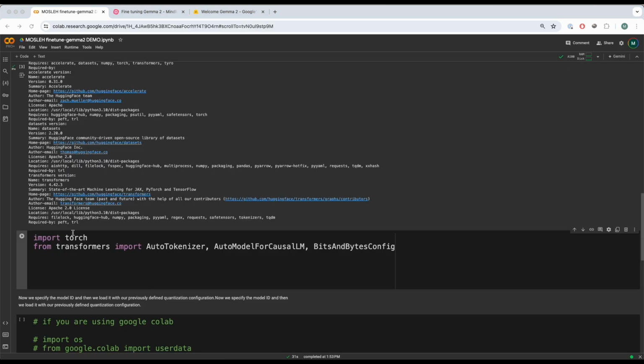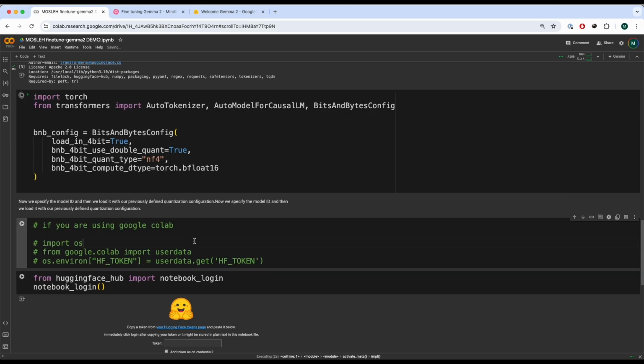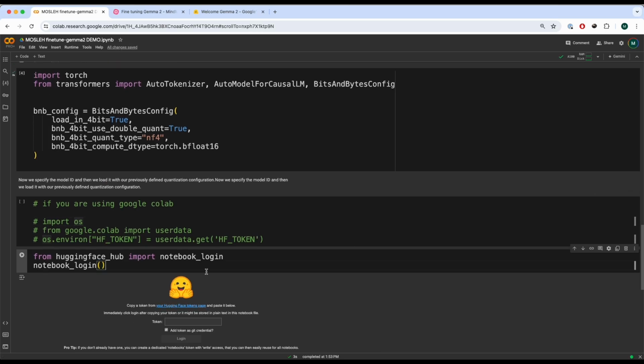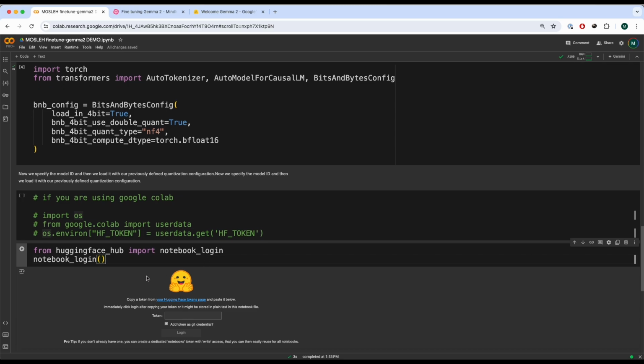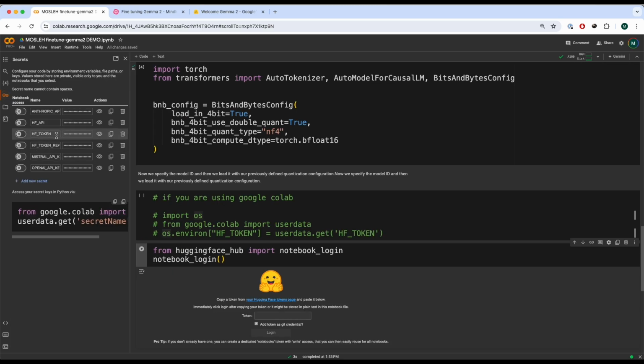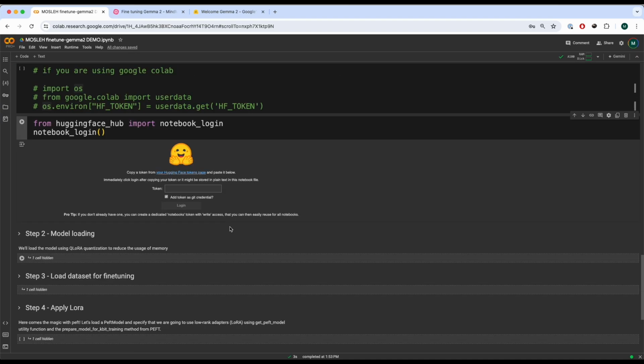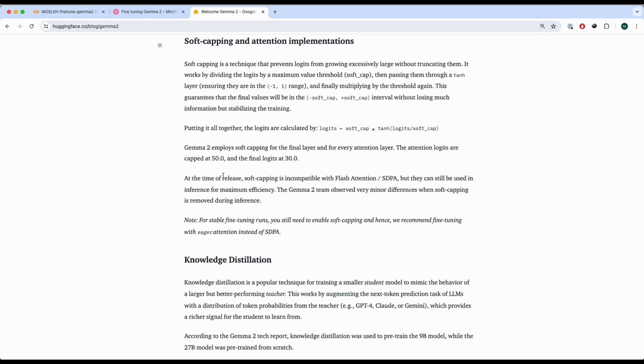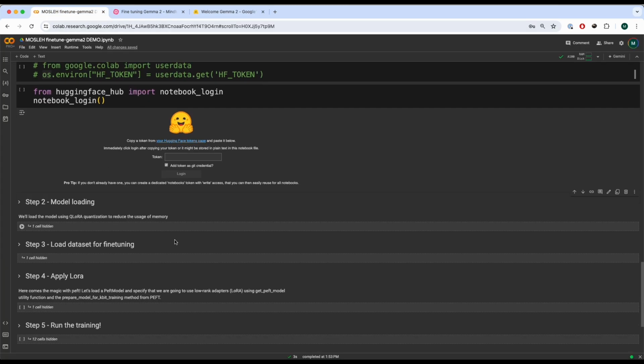Now, after we import torch and transformers, we're going to set up our bitsandbytes config, and then you may need to log into Hugging Face Hub because some models may require you to have authorization. In my case, I have the HF token embedded into my environment, so I don't have to worry about that. And if I'm not wrong, I think Gemma 2 doesn't actually require authorization, but anyhow,